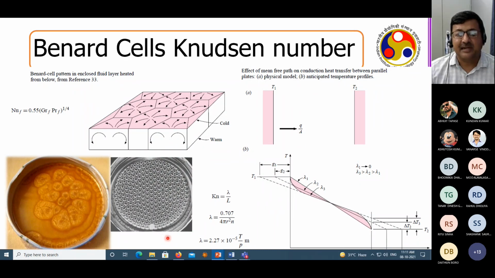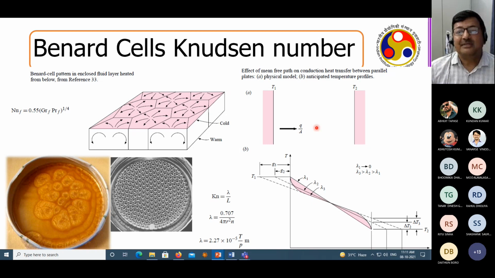Now, Knudsen number is defined as the length scale of the medium, say, suppose if you have a heat exchanger, so this is the pipe radius, to the mean free path. Now, if the pipe radius is more than the mean free path, then you may anticipate that there is a continuum. But if the pipe radius is less than the mean free path, if the mean free path is more, then you can understand that this is not a continuum, right? So that is at the molecular scale.